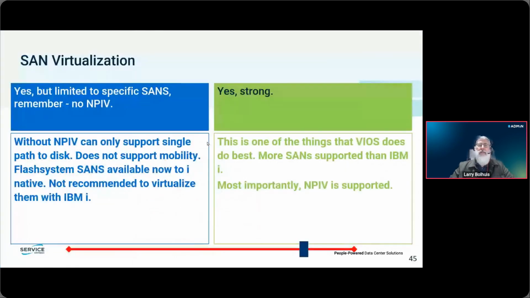All right, let's talk about SAN support. And here's an area where we're going to go way green, because even though IBMI can be run on a SAN, and we do it a lot these days, we sell a lot of flash systems, customers really like those. But realistically, if you're going to have a SAN and you want multiple partitions, you're probably going to go to VIOS because it's one of the things that VIOS does best, right? More SANs are supported, although that in itself isn't as big a deal anymore. But NPIV is supported here, and so the traffic is just passed along through